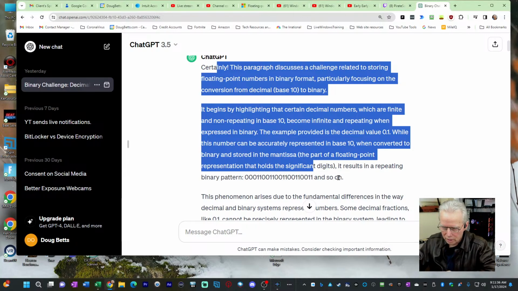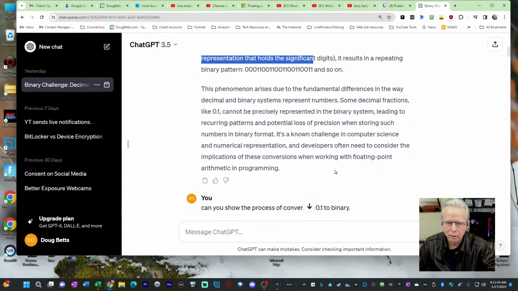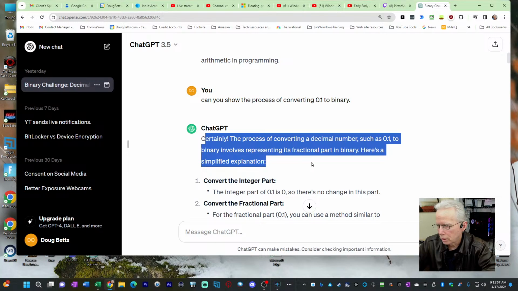Now, it's not all that hard to understand when you go through it, but there's a lot of words used in this that are not part of the common daily vocabulary for most people. So I asked ChatGPT to show the process of converting 0.1 to binary. ChatGPT says, certainly, the process of converting a decimal such as 0.1 to binary involves representing its fractional part in binary.